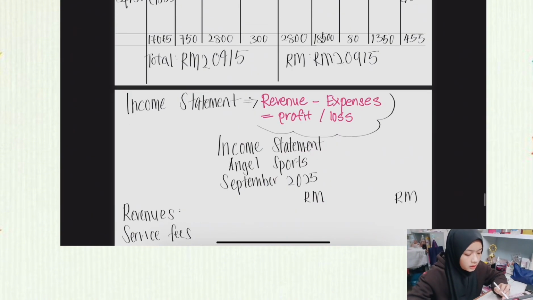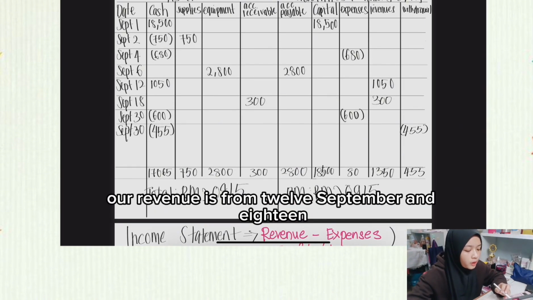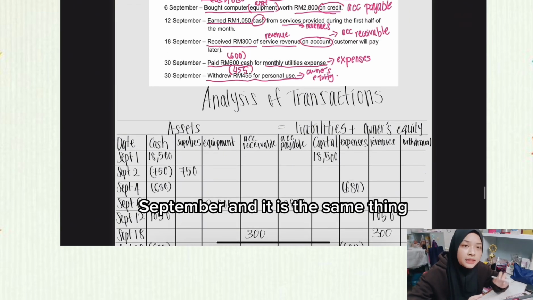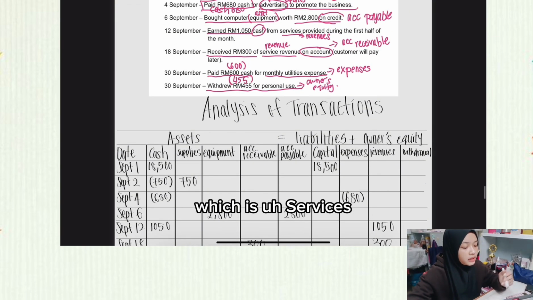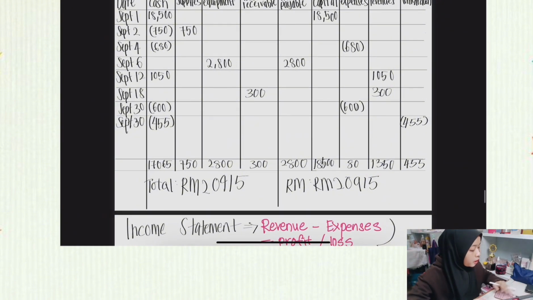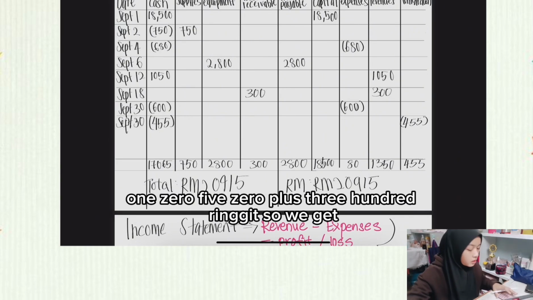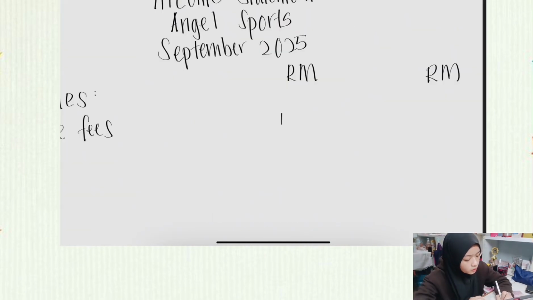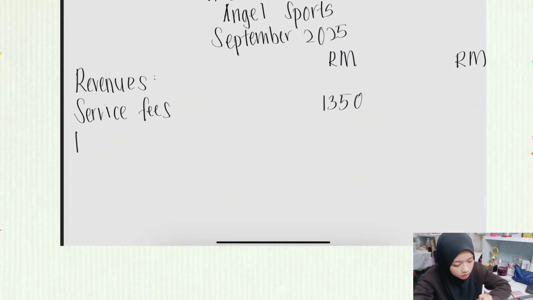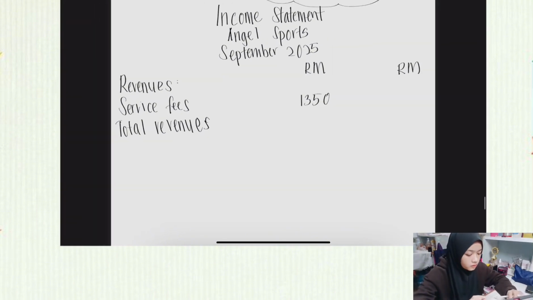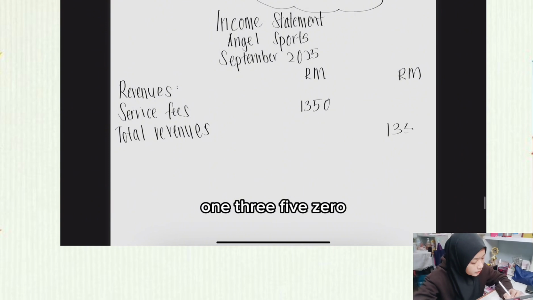As we know, our revenue is from 12 September and 18 September, and it is the same thing, which is services. So we total together 1050 plus 300 ringgit. So we get 1350. And we write down the total revenue, RM1350,